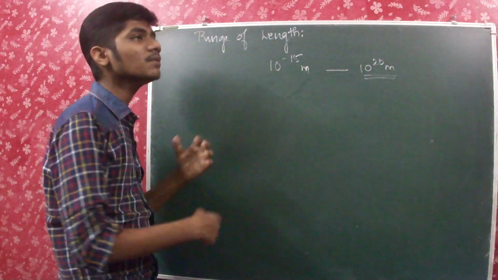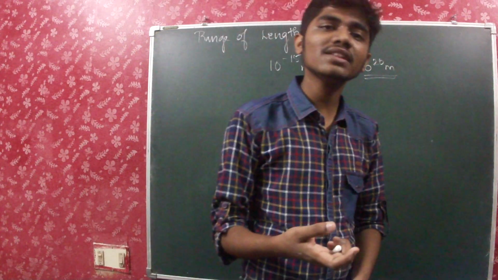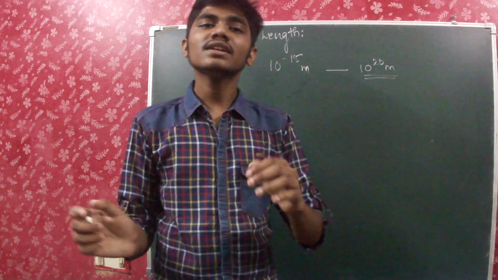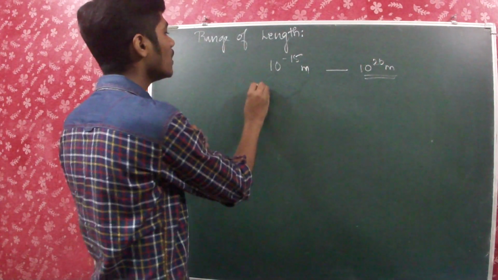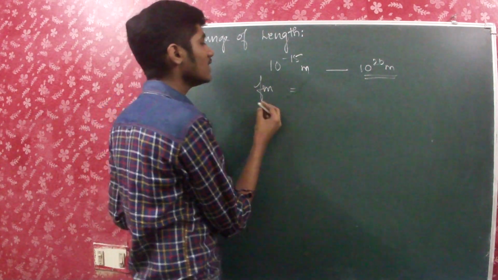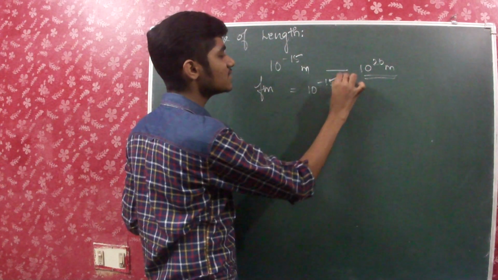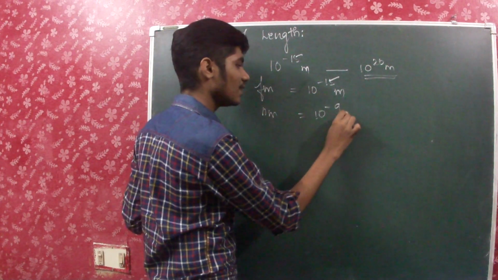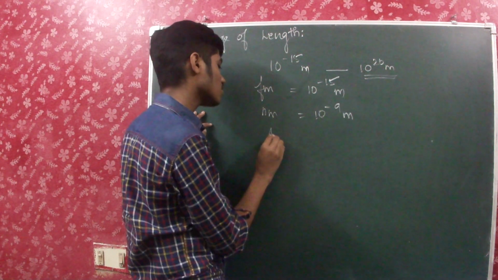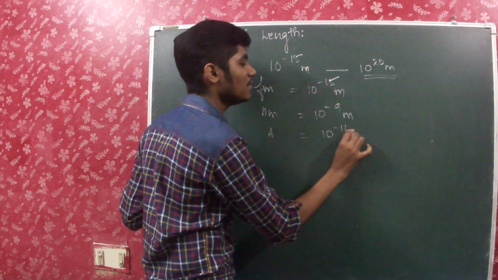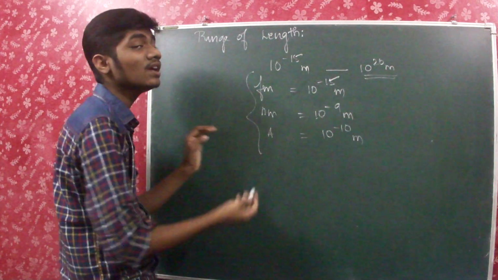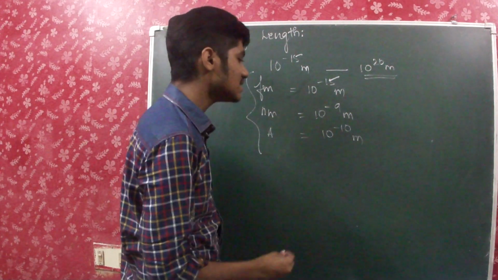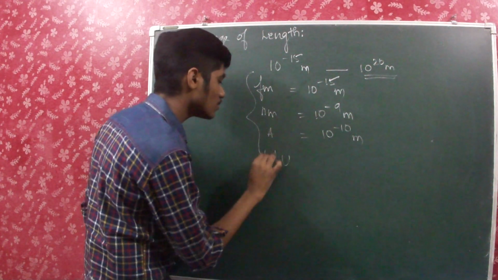So now how can we measure length? The units of length, we are very aware of that earlier. That is, very low lengths can be measured by Fermi meter. That is, 1 Fermi is nearly 10 power minus 15 meter, and then we have nanometer, which is 10 power minus 9 meter, and then we have Angstrom, which is 10 power minus 10 meter. So all of these are used for measuring small lengths. What about large lengths? We have things known as 1 astronomical unit.